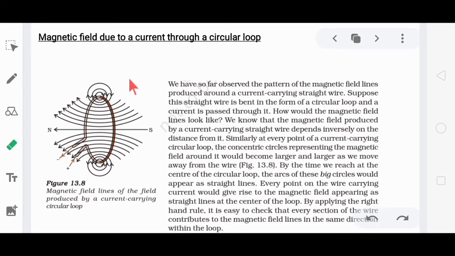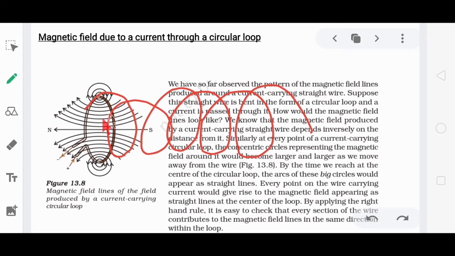Students, what if we increase the number of loops? When you increase the number of loops and the direction of current in each loop is the same, means if you get a spiral coil like this and all the loops have similar current direction, in this condition at all the points magnetic field is generated. If n loops are available, the magnetic field intensity of all these loops is added. So if n loops are available, our magnetic field will be n times more effective than the one loop.